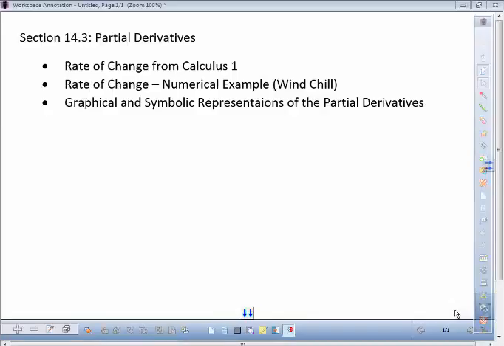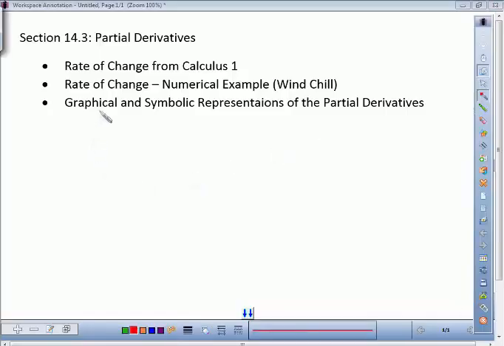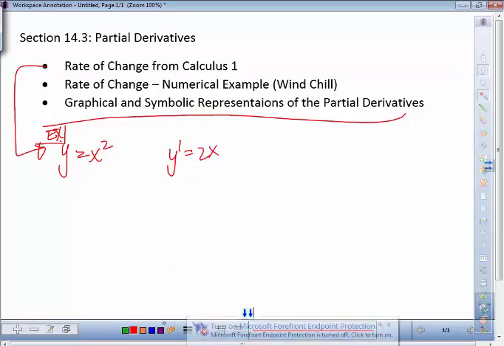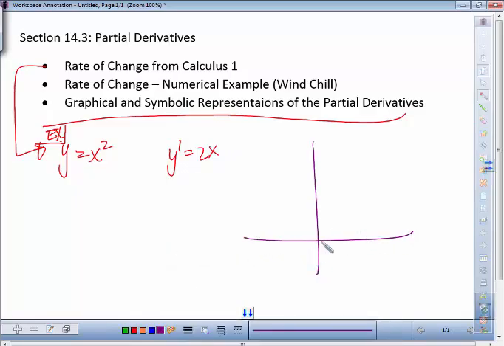And for that, let's do a simple example of a derivative like x squared or something. And let's look at it from numerical points of view and graphical points of view and stuff. So as an example, let's take a look at y is equal to x squared. And we know that y prime is equal to 2x and then be done with that, right? But if we take a closer look at it from a graphical point of view,